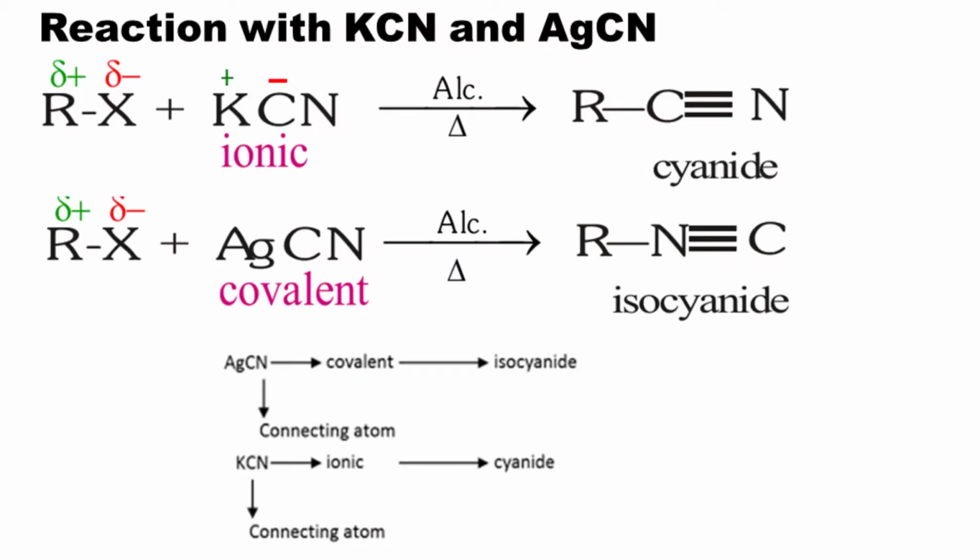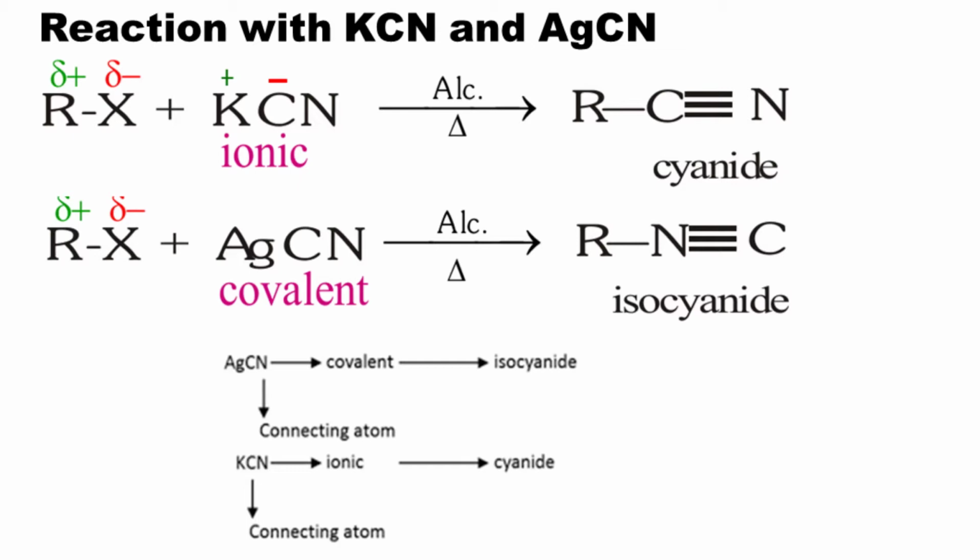Now there are two reactions that are very specific for alkyl halide with a corresponding nucleophile. You can use KCN or AgCN. When you look at the molecule, it looks like both of them are the same nucleophile, CN minus, but the corresponding products you get are completely different. When you use KCN, it's an ionic compound, so you actually have K plus and CN minus, and the minus sign is on the carbon actually. So that carbon is the one that is going to attack. The carbon of the CN attacks the R group, so hence you get RCN.